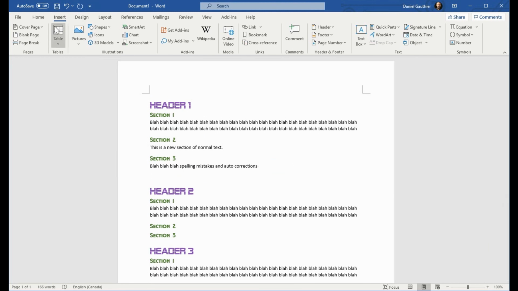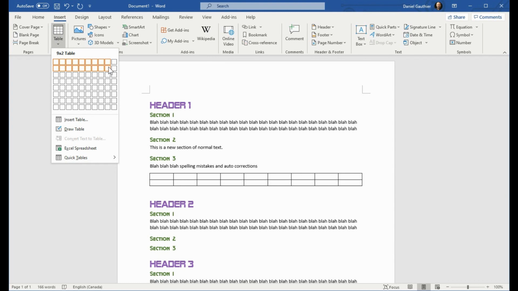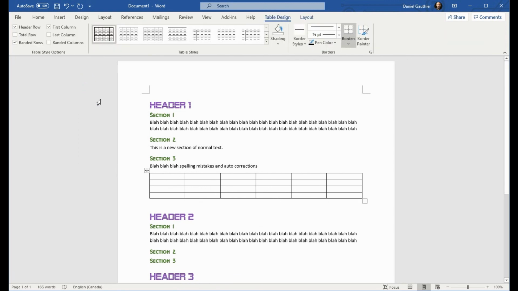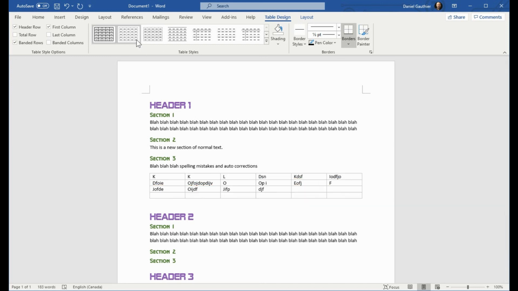You can also go in here and add a table, and you can set your table as many columns and rows as you want, and just once you have it where you want, just click on that and you can start adding information in through each one of those cells. And you can change the style as well, because once you have a table in here, we got a new tab that appears that wasn't here before. So there's a whole bunch more information that's targeted around the table design itself.